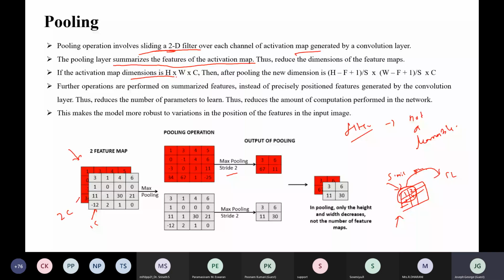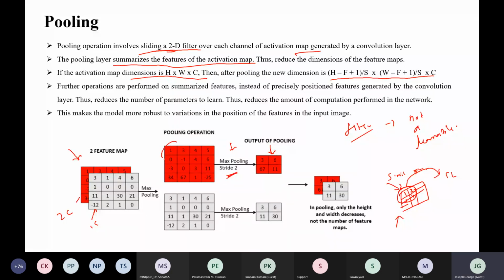In pooling we use a filter and move this filter according to the stride length, resulting in reducing the dimensionality of the feature map. Here you take a 4x4 feature map and apply a 2x2 filter with stride length 2.